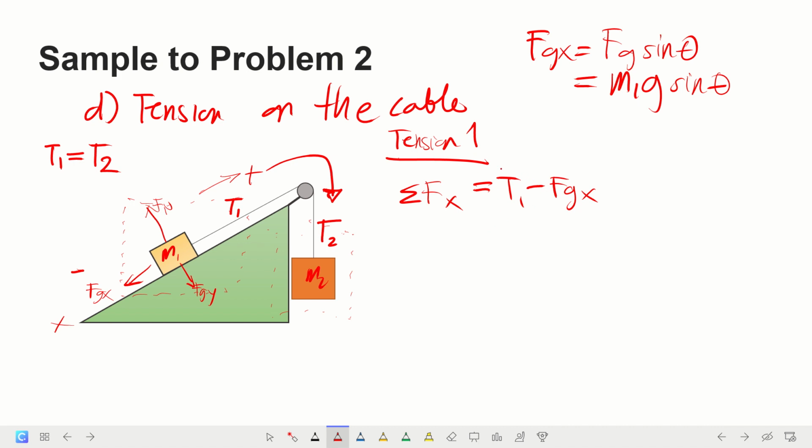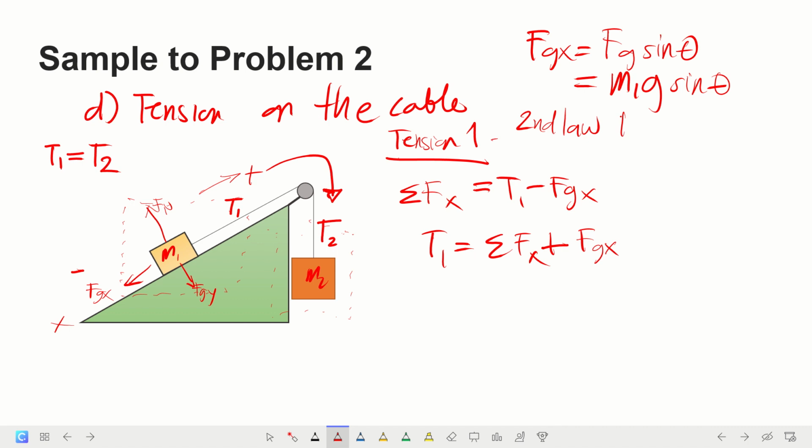Let us solve first for tension 1, since that is what we are looking for. So we move the x component of the force due to gravity to the other side. Tension 1 is equal to the summation of forces along the x plus Fg of x, since it is negative here, it becomes plus on the other side. We know that Fg of x is m1 g sine theta, and the net force, from Newton's second law,